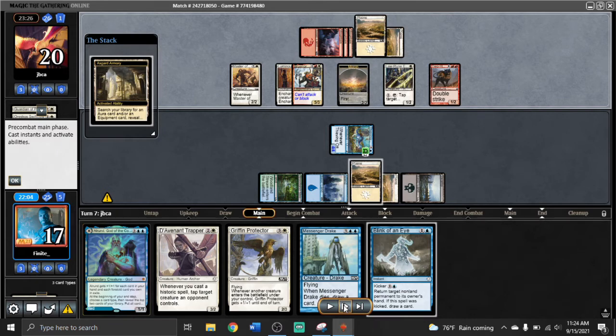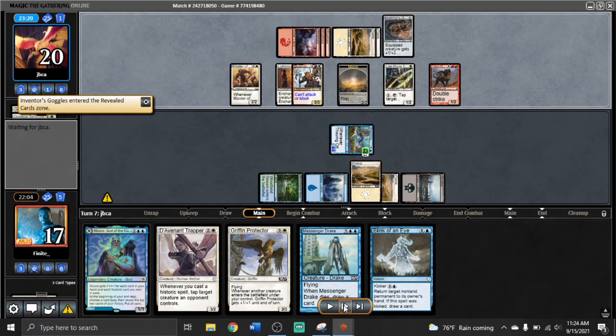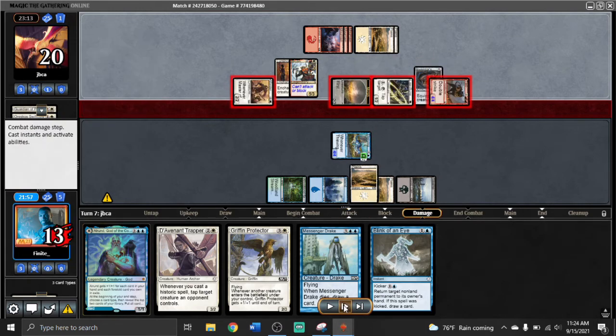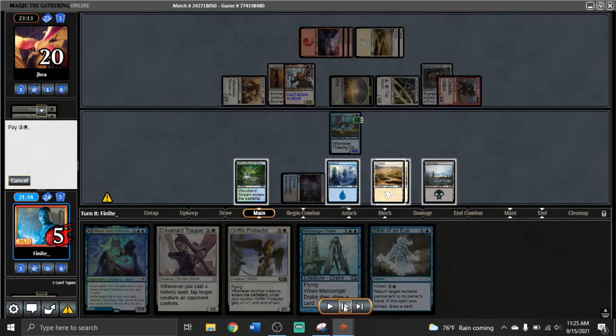Obviously I have to do that on offense because they have multiple tappers over there, so defense doesn't really exist for me right now, unfortunately. And then the opponent just has a double striking 4/4 here, I think, to just straight up kill me. Oh no, I only go to 4. Okay, so